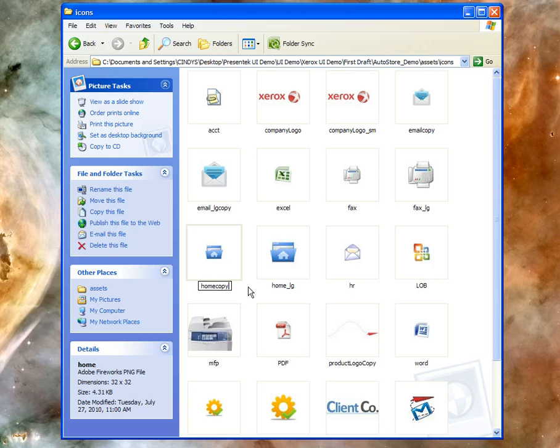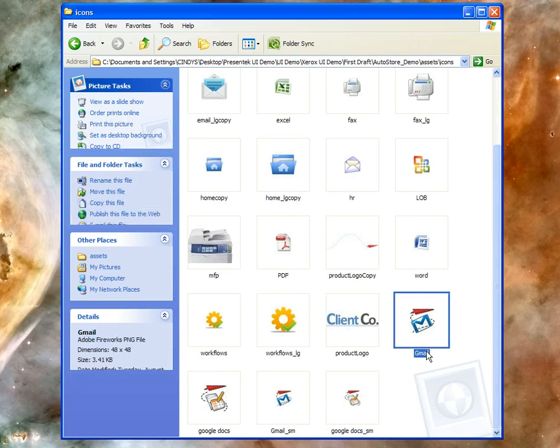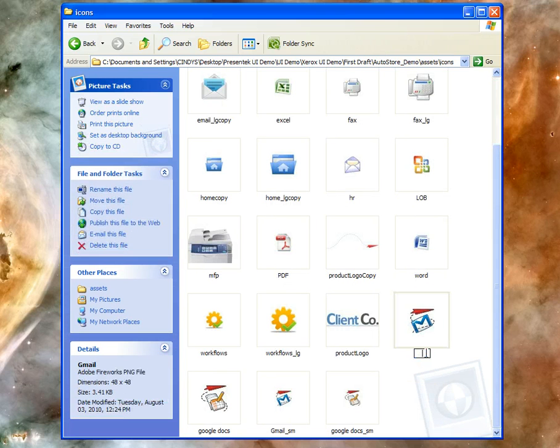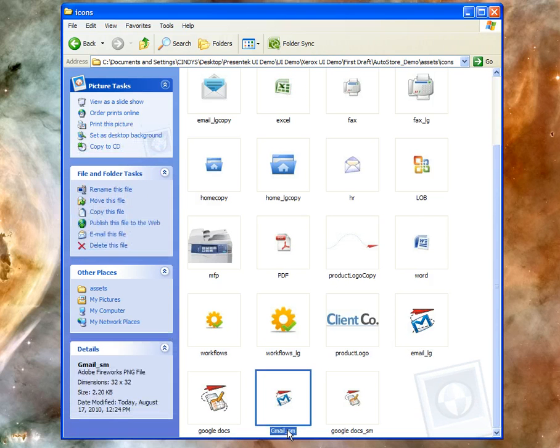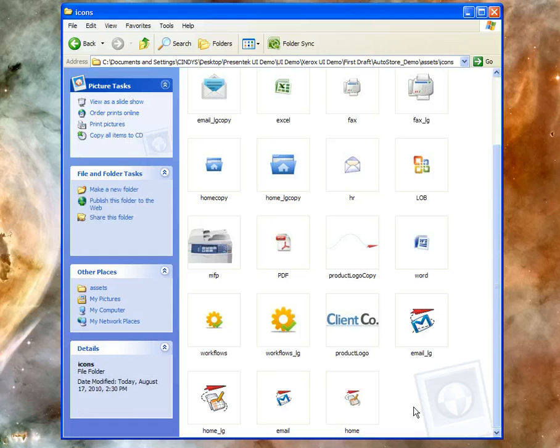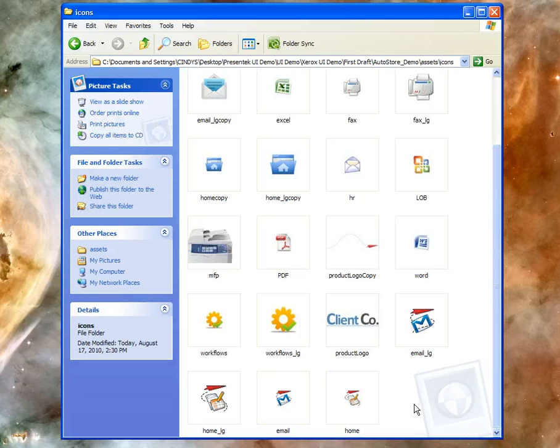Home Copy, and Home Large Copy. Then we can change Gmail to Email Large, Email, Google Docs to Home Large, and Home. So now that we've got all of our imagery taken care of, let's change the verbiage on the